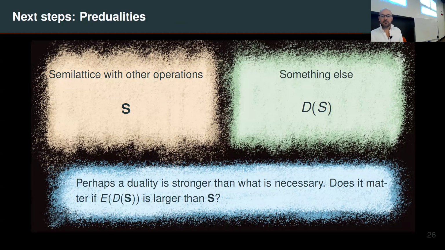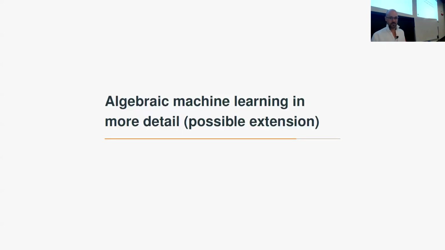And the other idea is that even though duality seems to be the perfect framework for what they're doing, it doesn't really seem to need a proper full duality here. I'm not sure it's important that when you take the second dual you get back exactly what you want, provided that you have enough information on the dual side to separate elements on the other side. So this also suggests that duality may be the nicest way to do this, but there might be other computationally viable ways that are not proper dualities, but just similar to that. So all of these things are very exciting mathematically, I think, and I'm looking forward to working with this team.